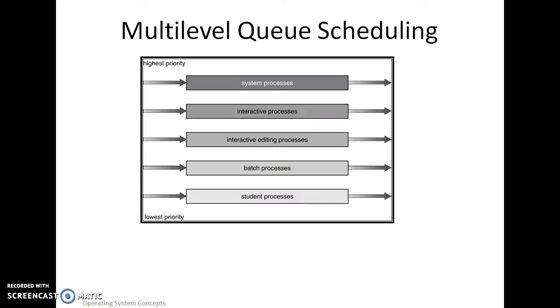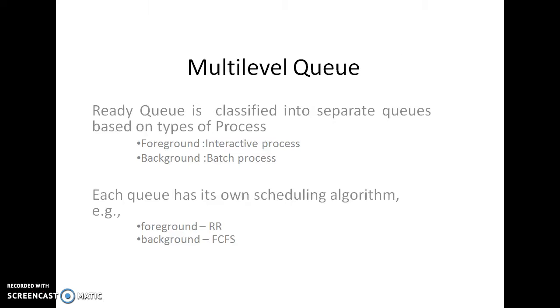Until all the processes in the system queue are completed, we cannot move to interactive processes. If processes keep dynamically entering the system process queue, then the other queues are going to face starvation, because neither can the processes jump across the queues, nor can I switch over, since high priority and low priority scheduling is applied across the queues. This is the drawback: the queues below with a lower priority can lead to starvation.